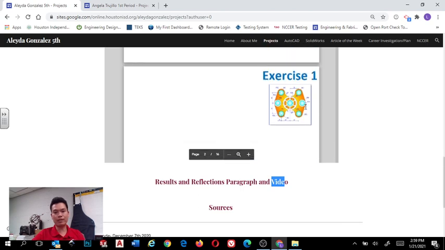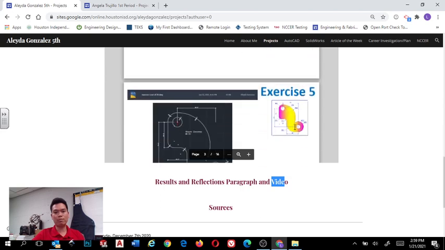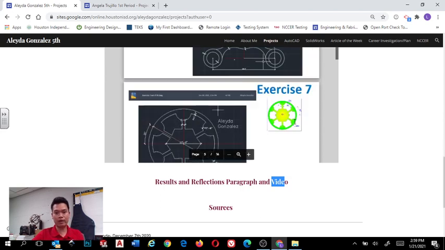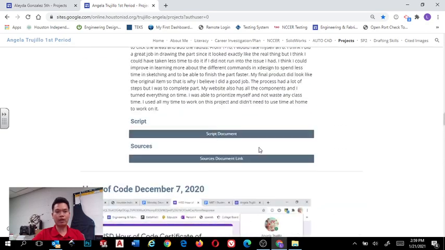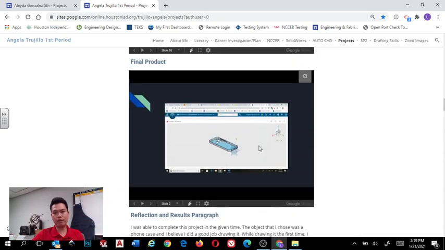Only thing I would suggest is that in your drawing, any problem that you did not do, please get rid of it. For example, exercise 1, if it's not part of your drawing, get rid of this slide. And of course, my example, get rid of it, okay? And in here, if you are doing this project for MET and PSTEM, then please make sure you include all of your